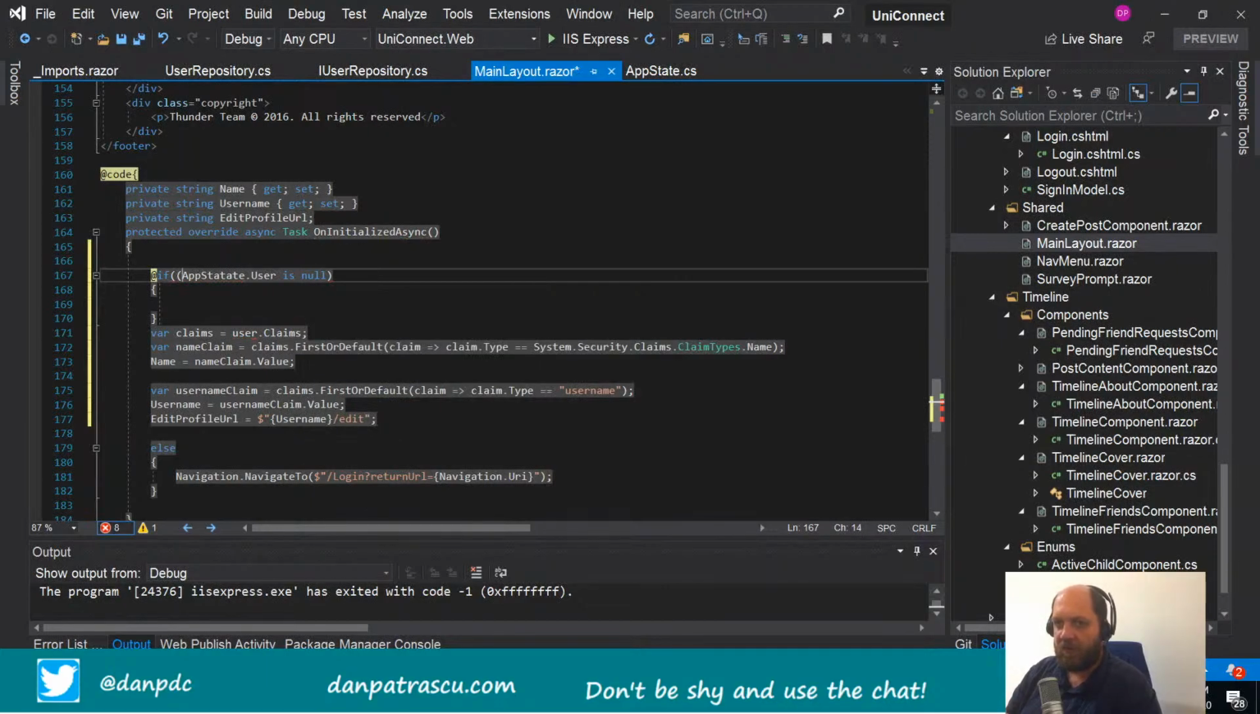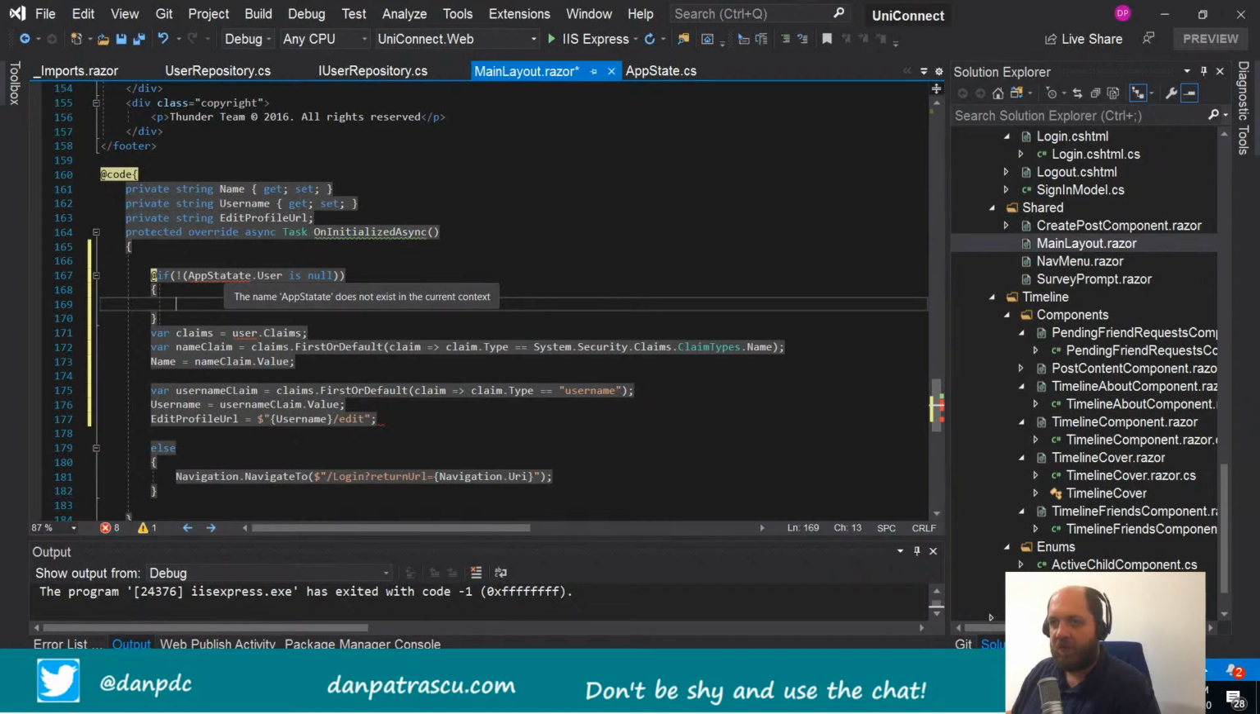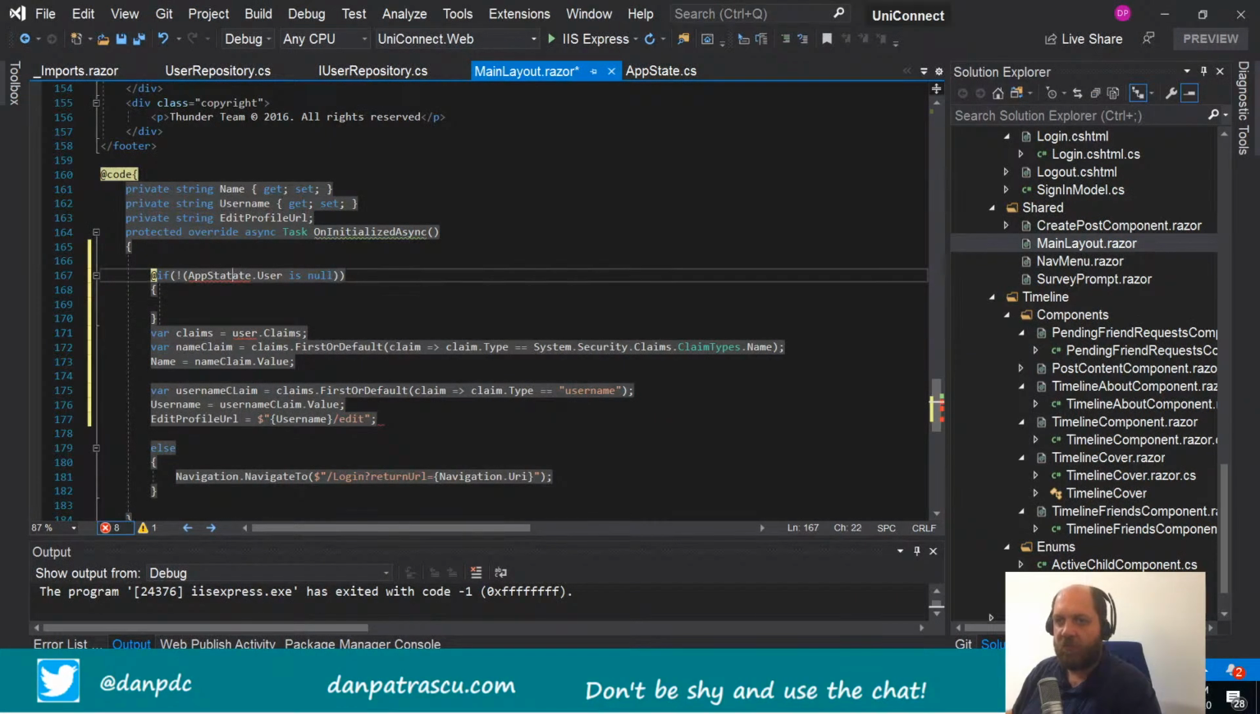So in this case I would say that we will put this in here like that, and we have to negate it. So if the AppState, what's the problem with AppState does not exist in the current context? Okay, because I have typos, of course, and that's like that. So if AppState user is not null and it's authenticated,